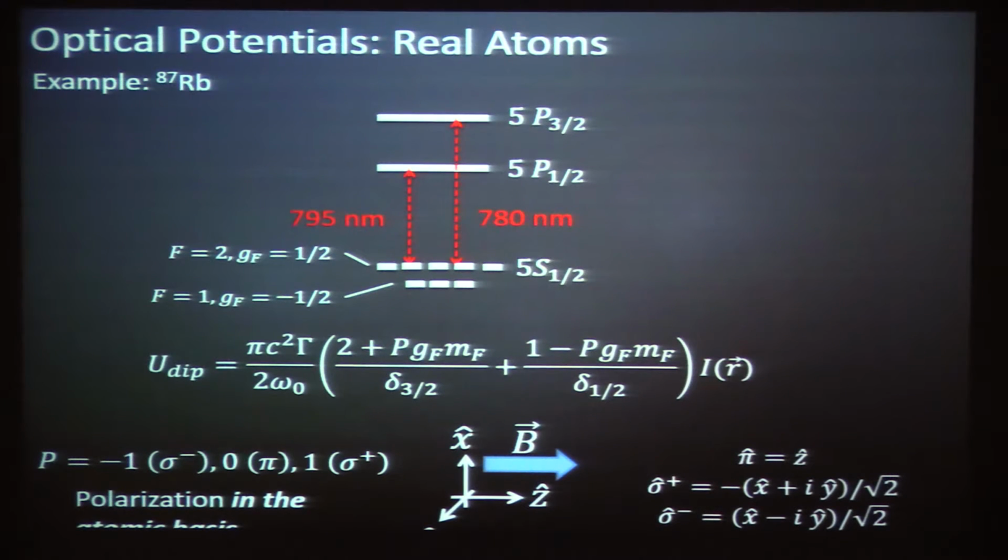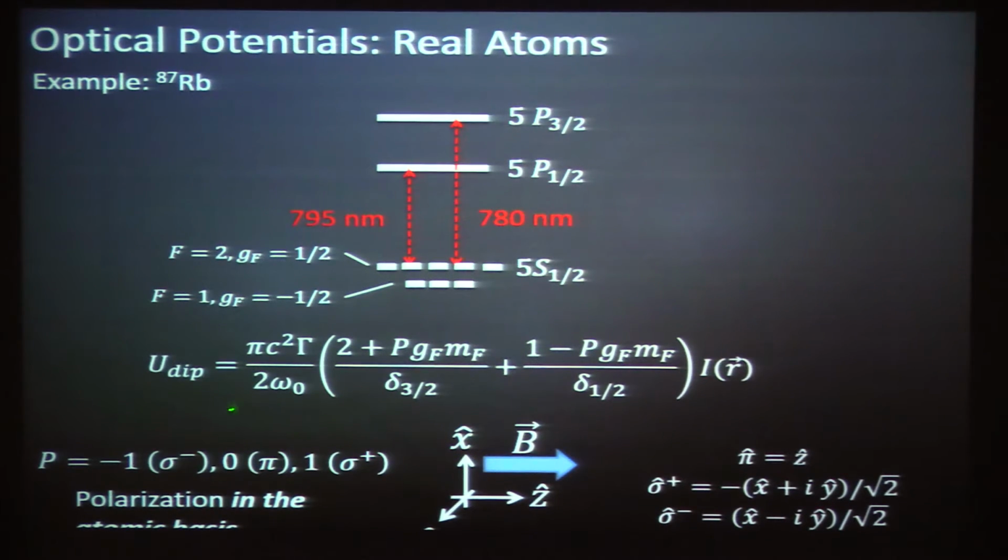Well, there's a reason I showed you this horrible diagram, which AMO people love, of course. To me, this is beautiful. But I showed you what a real atom looks like. This is rubidium-87, which is the atom Schnabel's group used, where we have an electronic ground state and the two excited states split by the fine structure. Here's a hyperfine splitting down here. Here's all the different MF levels. And I told you, and I didn't derive this, and I'm not going to derive this, although I know how.